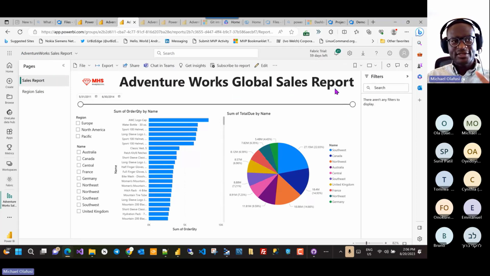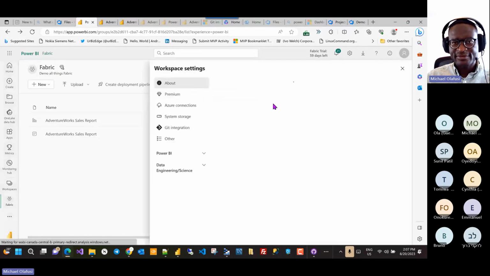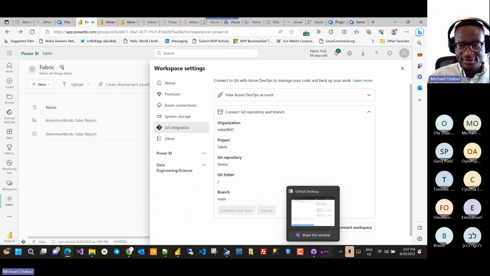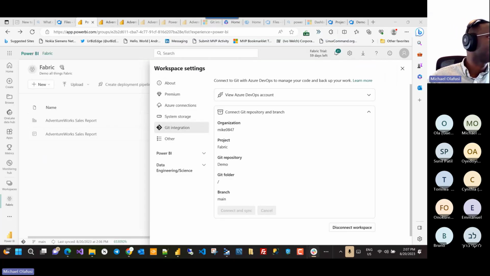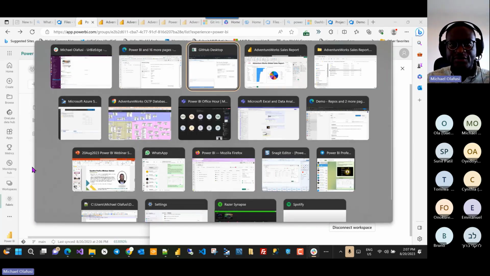All right, so there are two things I want to draw our attention to. When you are doing this on your own, starting with the workspace settings, and you set it up, and it gives you an error, let me see if I can show you what the error looks like. Hold on, let me get the error. Oh, unfortunately, I did not save the error. But anyway, if it gives you an error and says it cannot sync up